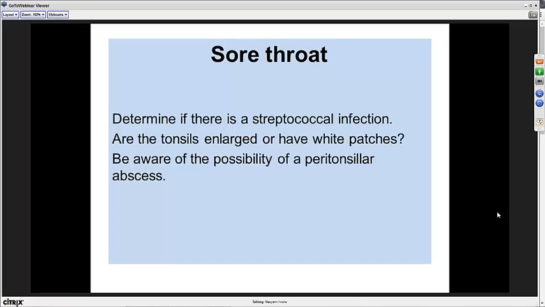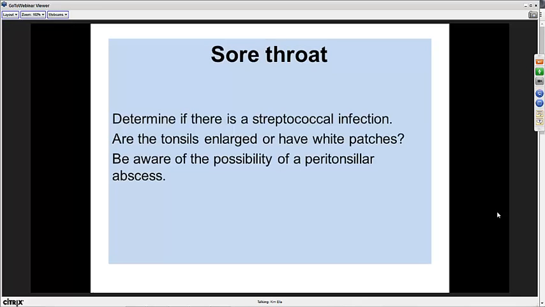Questions? If the glands along the side of the neck are swollen with a sore throat, is this reason to be seen by an MD? It could be. And actually, any kind of sore throat can cause anterior cervical nodes to be swollen. Usually, particularly if it's not a strep infection, and you give the proper homeopathic, those glands will be gone by the next day. At least that's my experience.